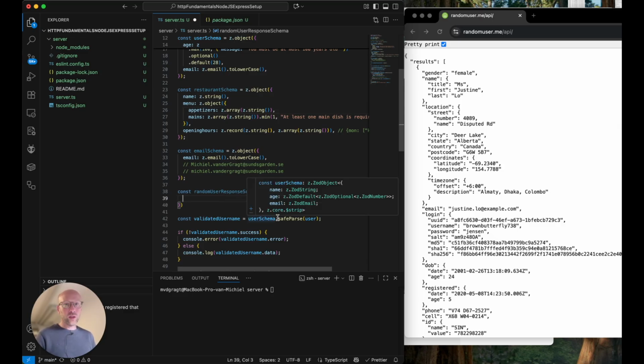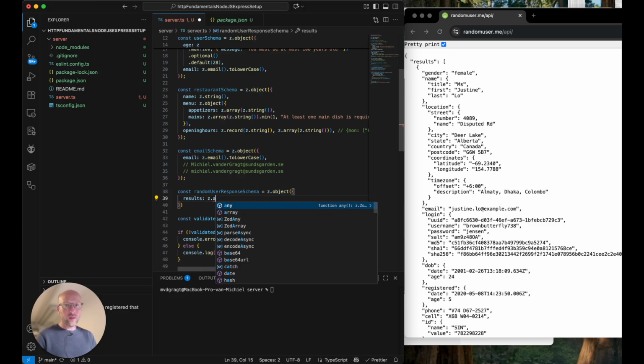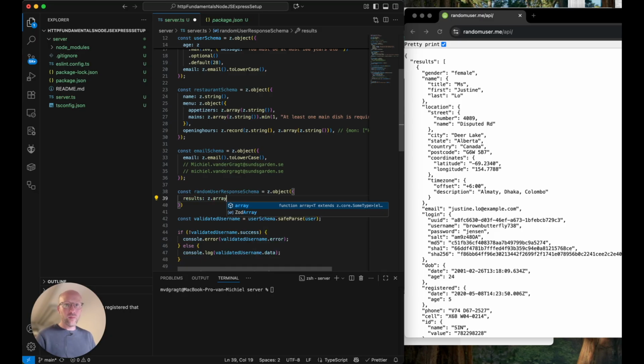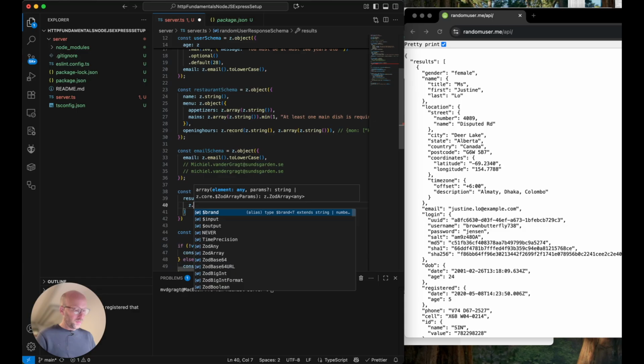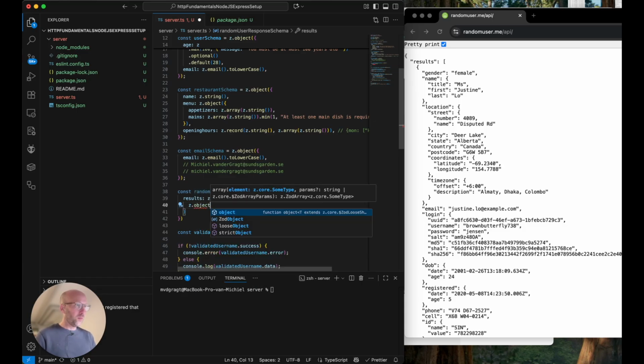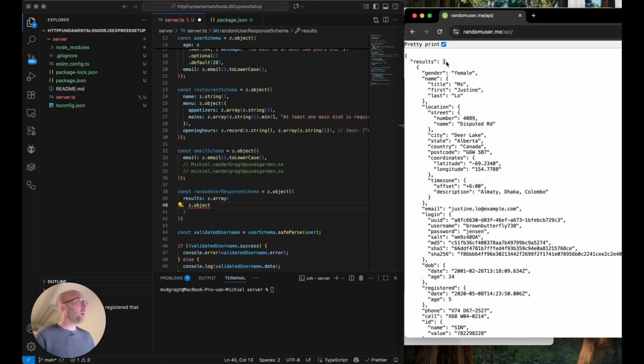So I am first going to get back results, and that is, if you look here, an array. See? So I'm going to say z.array there, but in the array it's going to have an object, as you can see here. So first an array, and then in there an object. Okay, so the object,